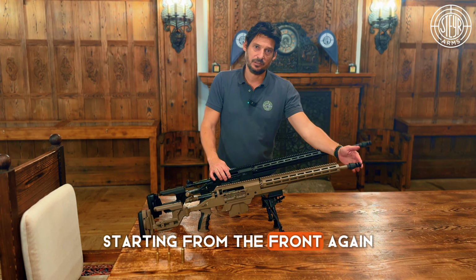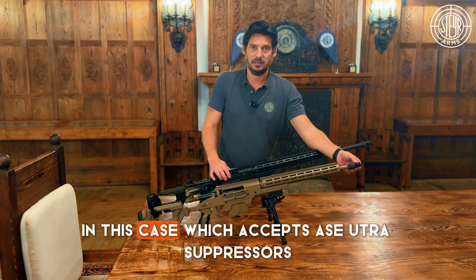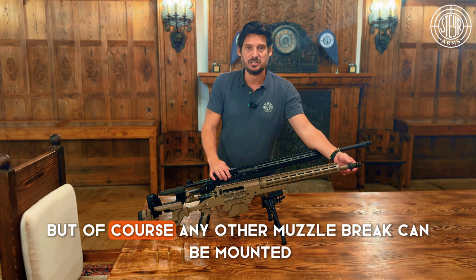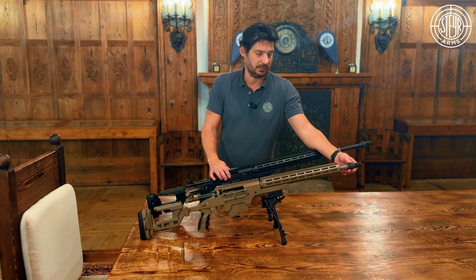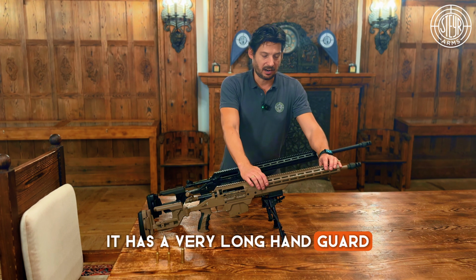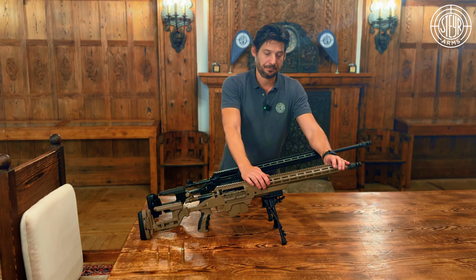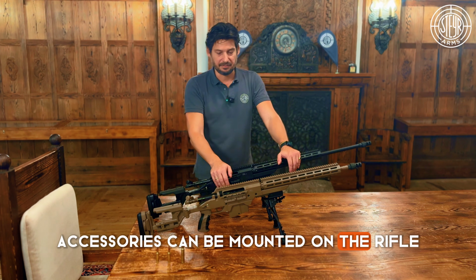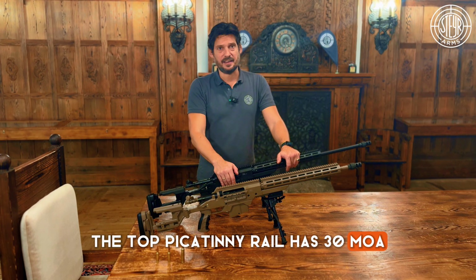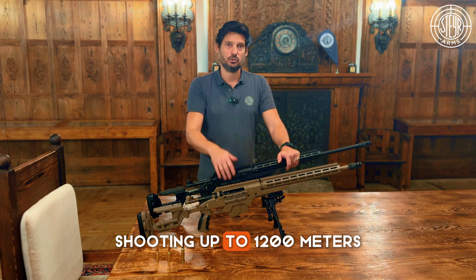Starting from the front, again it has a very effective muzzle brake, in this case which accepts ASI Ultra suppressors. But of course any other muzzle brake can be mounted. It has a very long handguard or forend with M-lock, so any M-lock accessories can be mounted on the rifle. The top Picatinny rail has 30 minutes of angle, so especially for the .338 Lapua, shooting up to 1200 meters